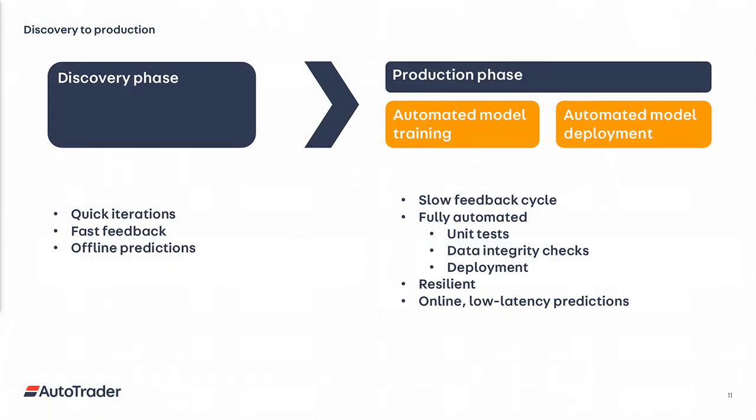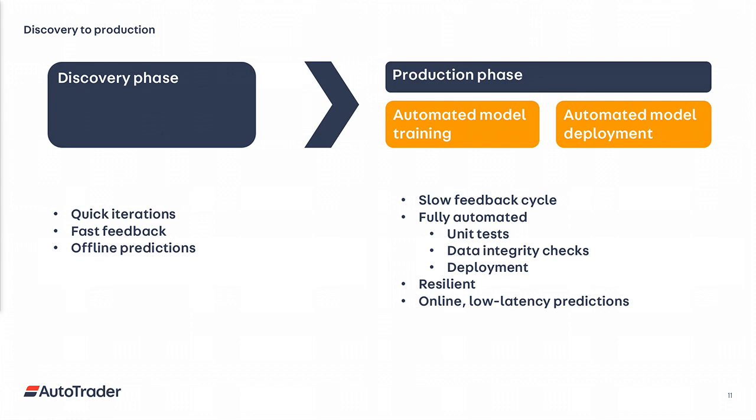So when we think about modeling, I like to think of launching a new model as tending to happen in two phases. There's a discovery phase, which is where the data scientists experiment. They maybe bring together different data sets and experiment with different features. This typically happens in a notebooking environment where you can make quick iterations and get very fast feedback on the impact of the changes that you're making. The caveat to that is that the sorts of predictions you can do in that environment are typically limited in scope, and it's very hard to apply the model outside of that notebook